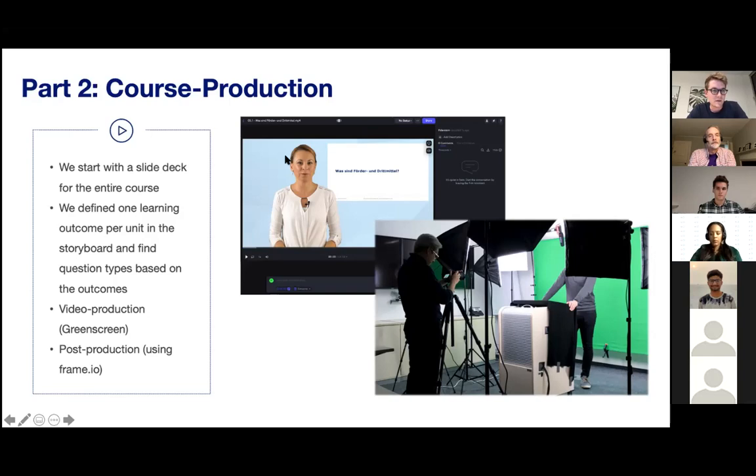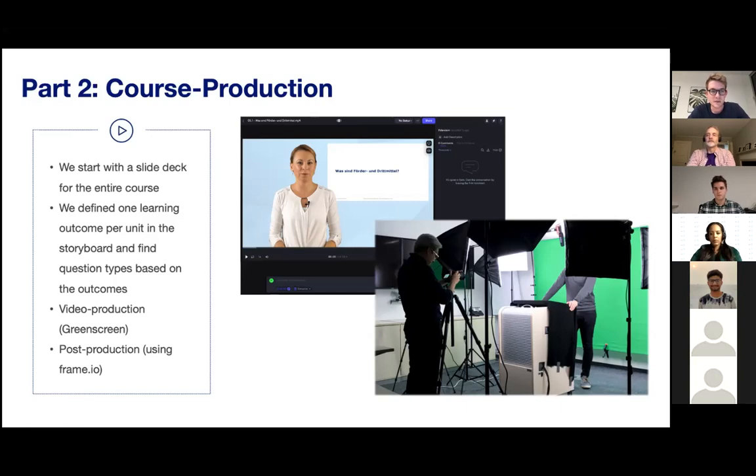And just to get started, at some point, we always start with a slide deck. So our video formats always look something like this up here. We have a speaker and we have slides in the background, and sometimes we have an iPad or a Surface laptop where the speaker can make some notes within the slides. But for us, just to have a good structure, we always start with the entire slide deck for the entire